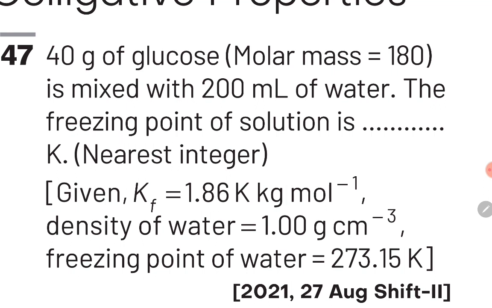Guys, इस क्वेश्चन को सॉल्व करने के लिए we will use the formula of depression in freezing point. This formula is delta Tf is equal to Kf into molality. Guys, molality can be found by using the equation molality is equal to number of moles of solute divided by mass of solvent in kilogram. So guys, these are the two equations जिसको हमें यूज करना है और ये क्वेश्चन बहुत easily सॉल्व हो जाएगा. Let's observe all of this in the solution in the next slide.